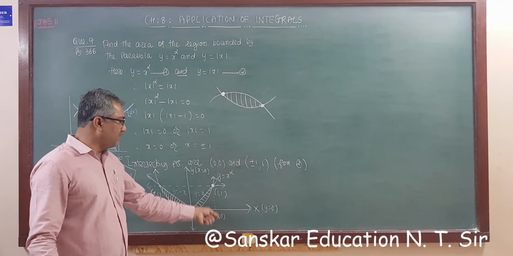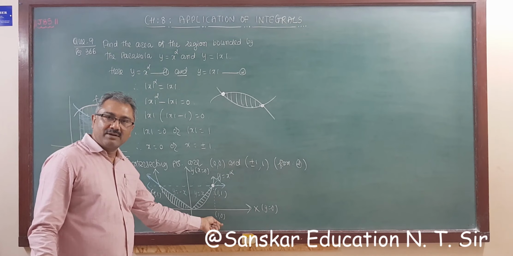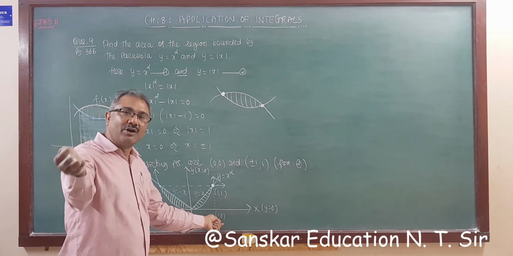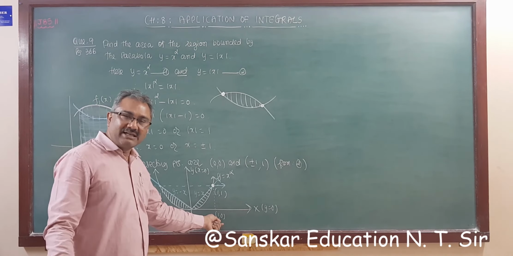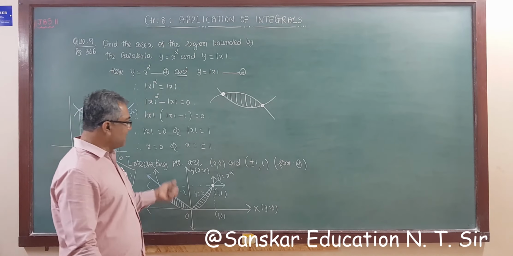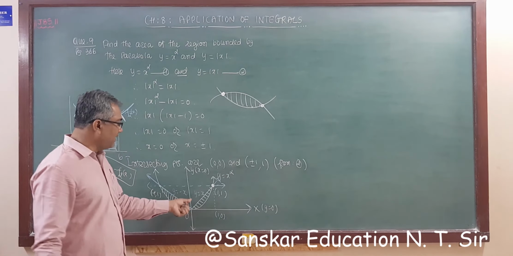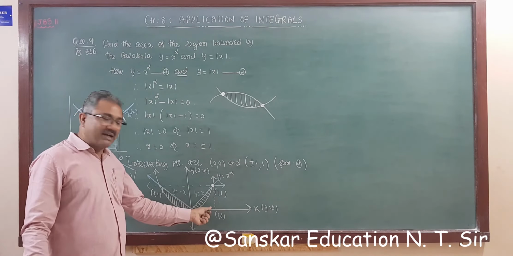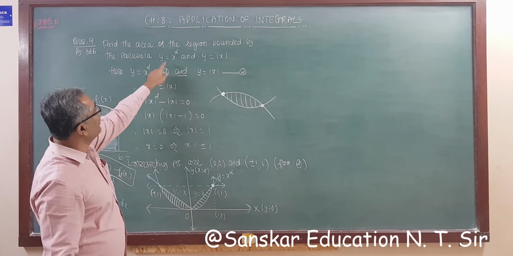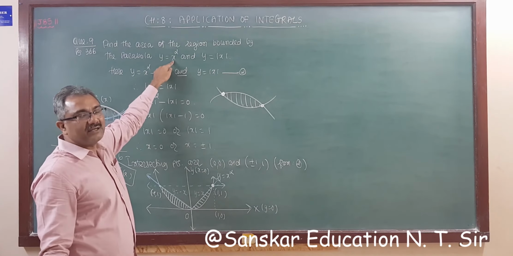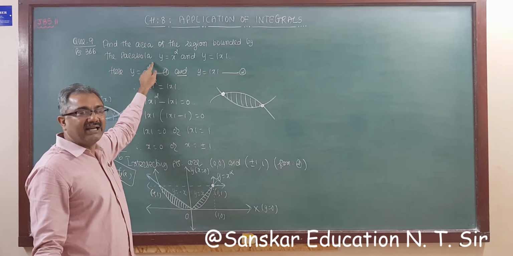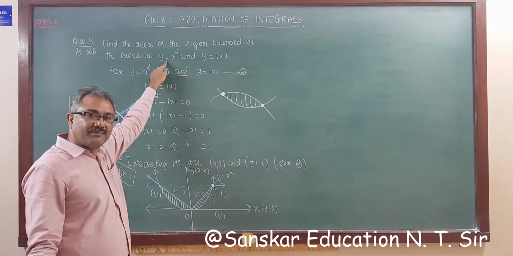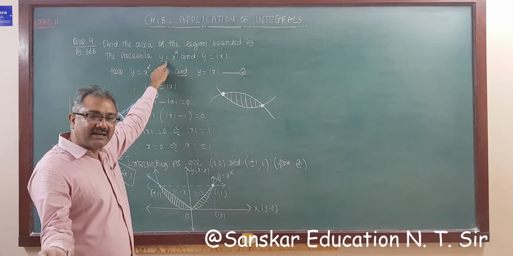If you take 0 to 1, you can write 0 to 1, then you have to take dx, which means you have to make y the subject. So we will take f1 minus f2: mod x minus, and from here we need x squared since y is x squared, so dx. So simply we get the answer, right?